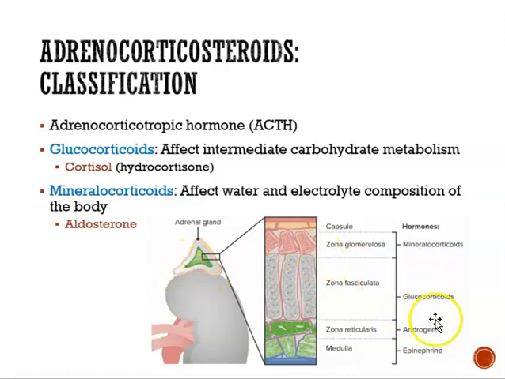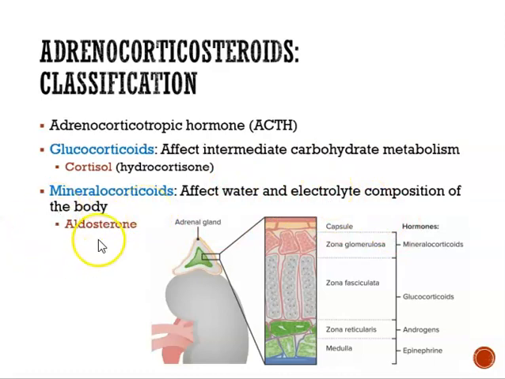Another hormone that could get released in portions of the adrenal gland is mineralocorticoids. One example of a mineralocorticoid hormone is aldosterone, and aldosterone makes you fat. Basically, aldosterone brings sodium into the body, and when sodium goes into the body, water also goes into the body. So water and sodium enter the body when we have aldosterone, which makes us fat.